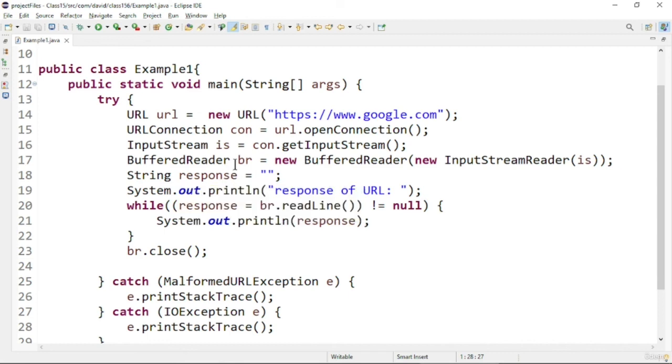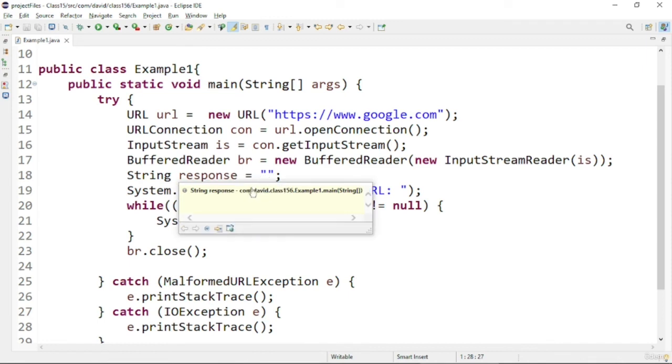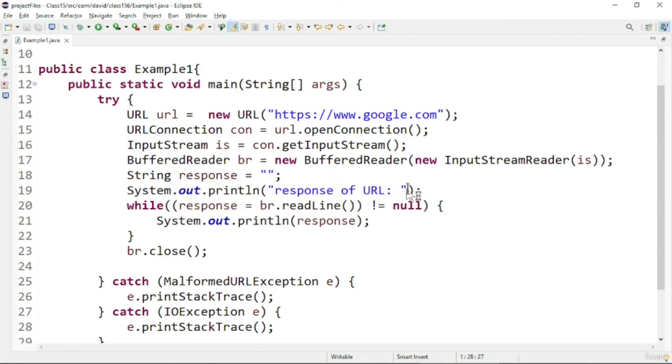Here you can see the string is coming, and I'm using the buffer reader to go through and print all the values of the response. I will have a while loop to go through the read line method, so I will be reading each line and printing it line by line into the console. After the connection is finalized, I will be closing the connection, and then I will be catching the exceptions which have occurred. Now let us run this program to see the response.